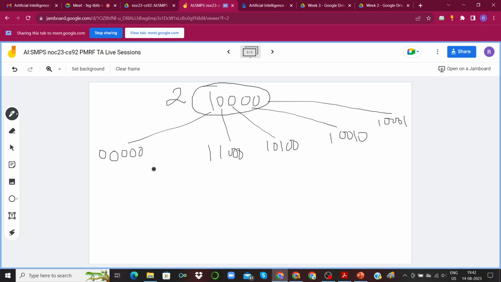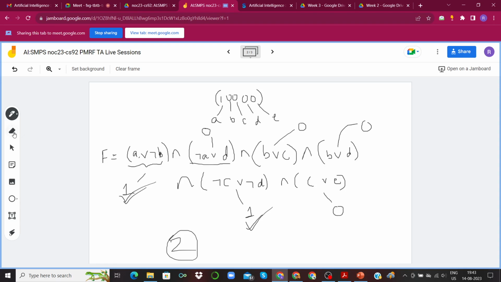Similarly, let's consider this particular configuration. If all of them are 0, let's write this down.